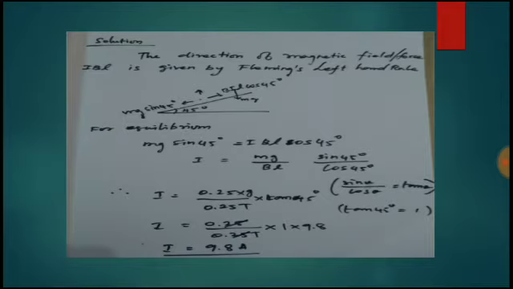Okay, students, see this one. The downward force is equalized by the upward force. The upward force is the force on the current carrying conductor. The downward force is the gravitational force. Okay, students, you should know this equation. What is that equation? Force on a current carrying conductor is nothing but IBL sine theta. The force is always perpendicular to the plane. Therefore, sine theta is equal to 90 degree. Therefore, the force is equal to IBL.